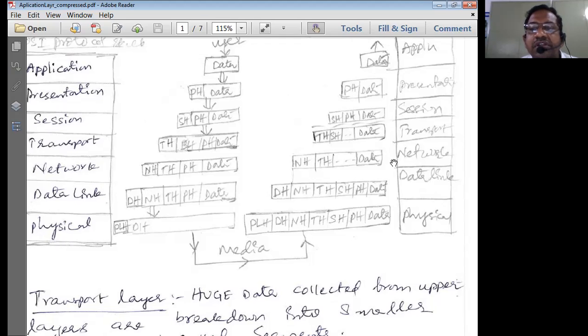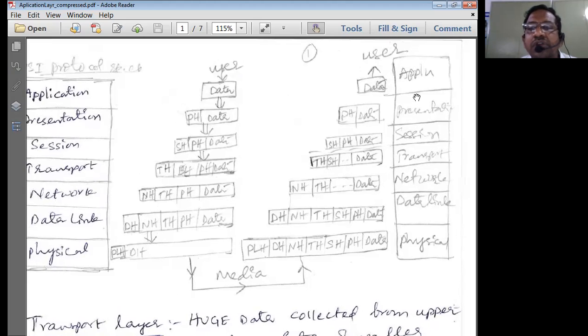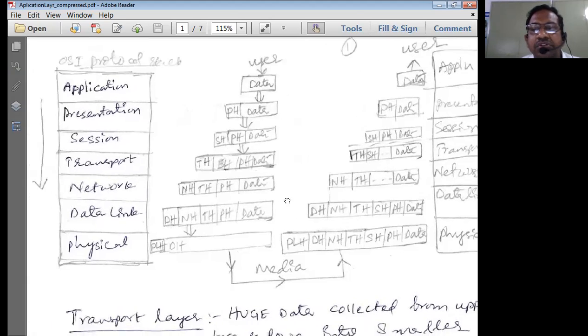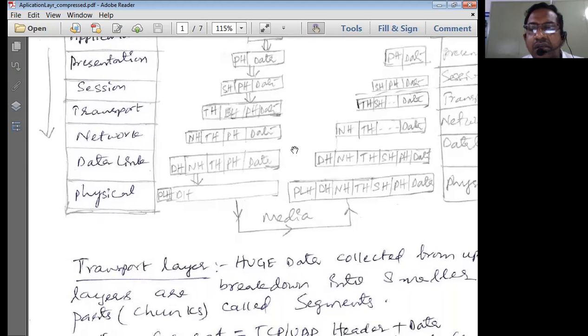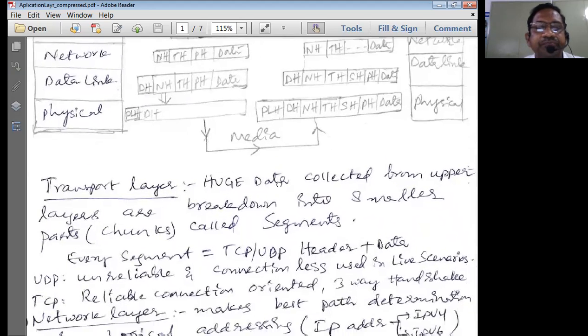This information is given to the transport layer by stripping off the network header. This information is given to the session layer by stripping off the transport header. Like this, finally the data will reach the application layer. So this is the basic process of communication in the layered network architecture supported by the OSI model.